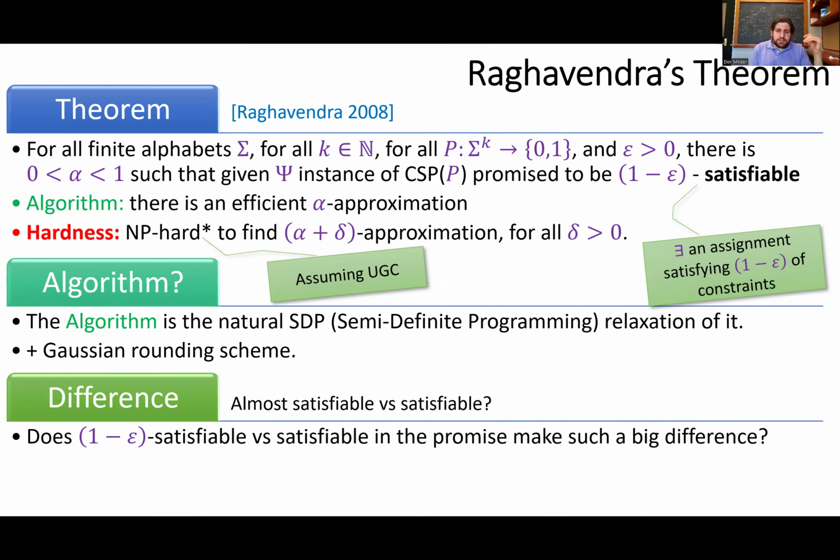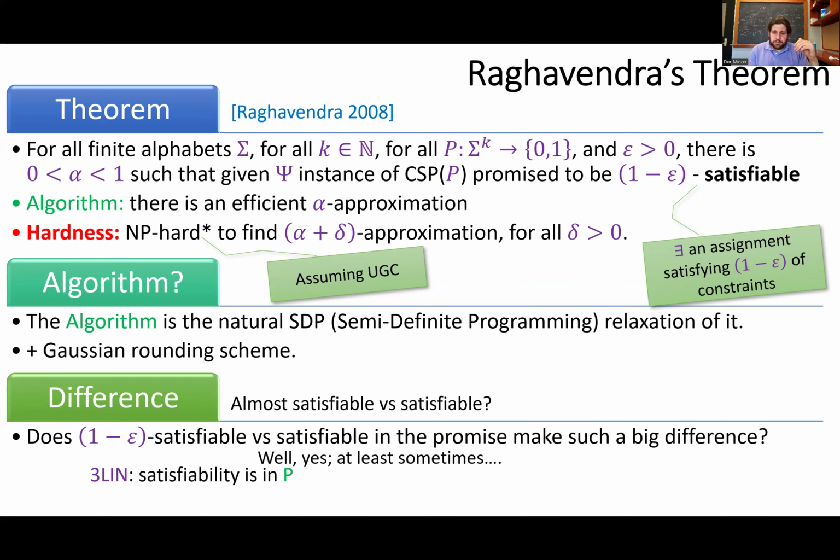And at this point, you might ask, okay, Raghavendra is very nice, but it is dealing with instances that are almost satisfiable, namely 1 minus epsilon. So what's the big difference? Almost satisfiable, satisfiable, what can even happen? It's really a little epsilon. But there are sometimes differences, and sometimes they are very, very big. And in fact, we've already seen one such difference. So if you look at the 3-line problem, if I give you an instance which is fully satisfiable, well, you can